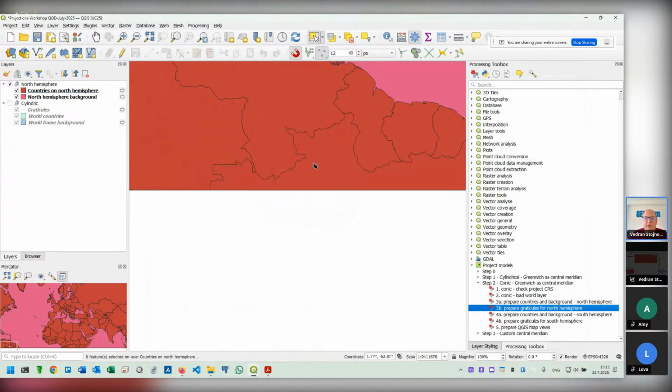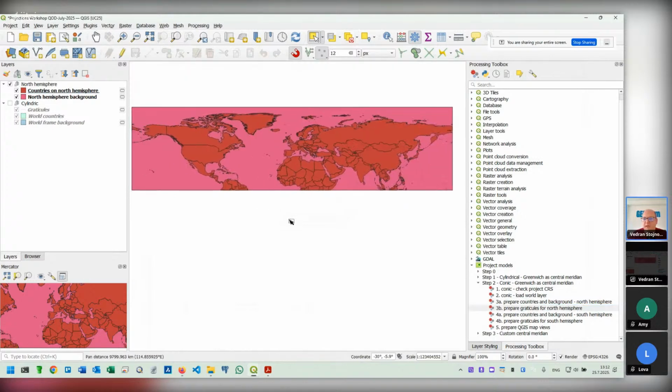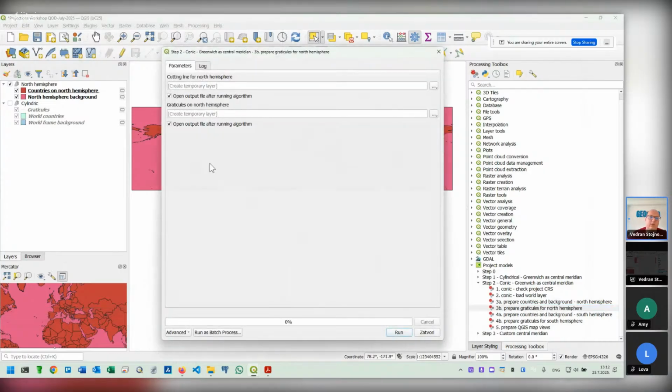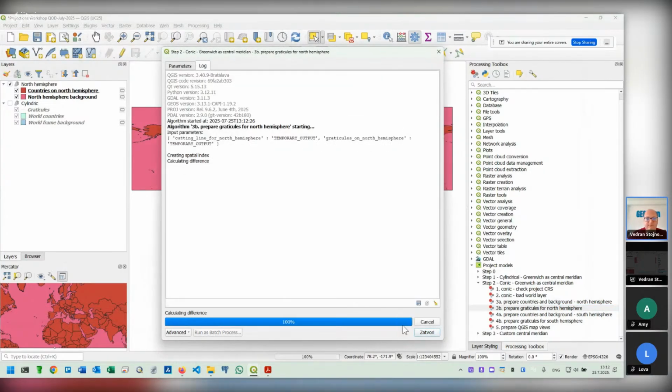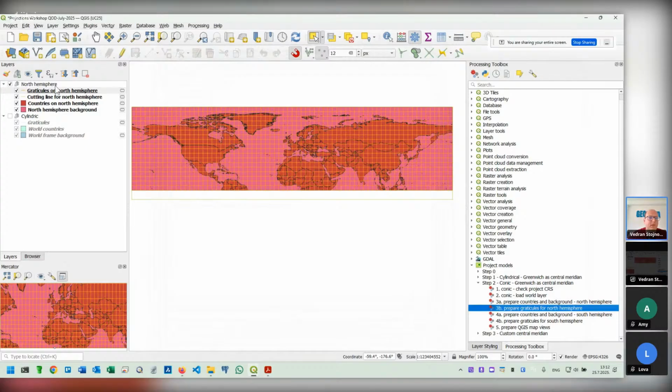Next step, I will deselect everything. Next step is to prepare graticules for North Hemisphere. And it ends up in North Hemisphere group. We can see